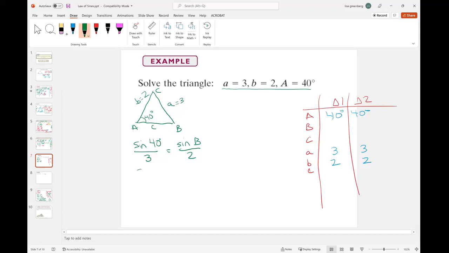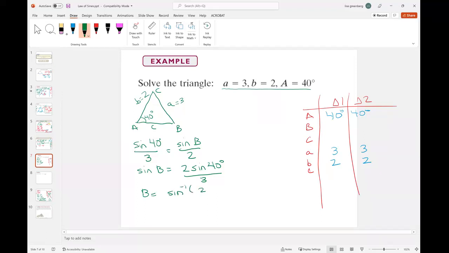Then I can solve this for the sine of B, which is 2 times the sine of 40 degrees over 3. So I take the inverse of both sides,